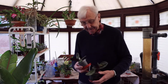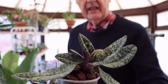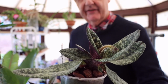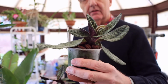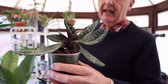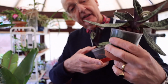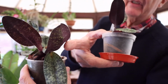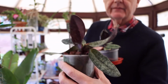More paths, not quite open yet, but this one is Delenatii, and this is the standard version, one which I've had for a year or so, and it's flowered now. This is the second time of flowering. Now, if you look at the underside of these leaves, you will see that there is some green showing through,